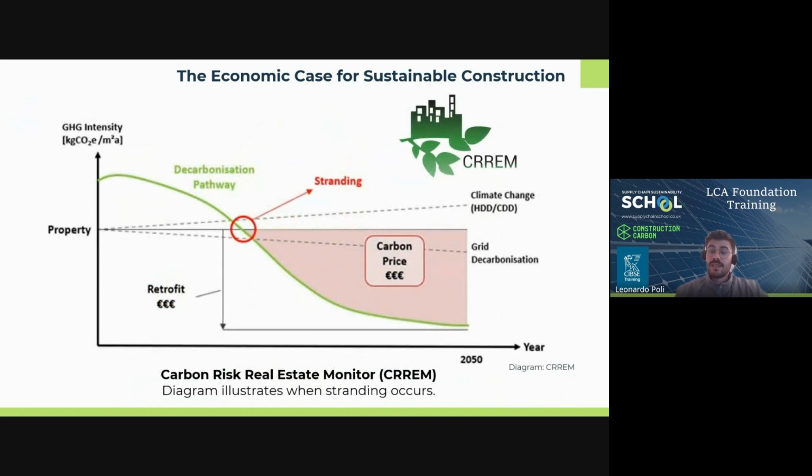The Carbon Risk Real Estate Monitor, or CRREM, exists to promote retrofit and reduction of greenhouse gas emissions from the poor energy efficiency of existing buildings and the still too low refurbishment rates. The EU intends to decarbonize the building sector by 2050.